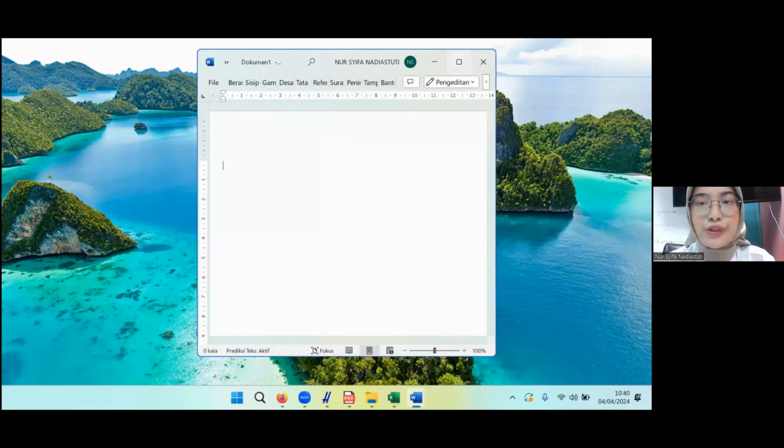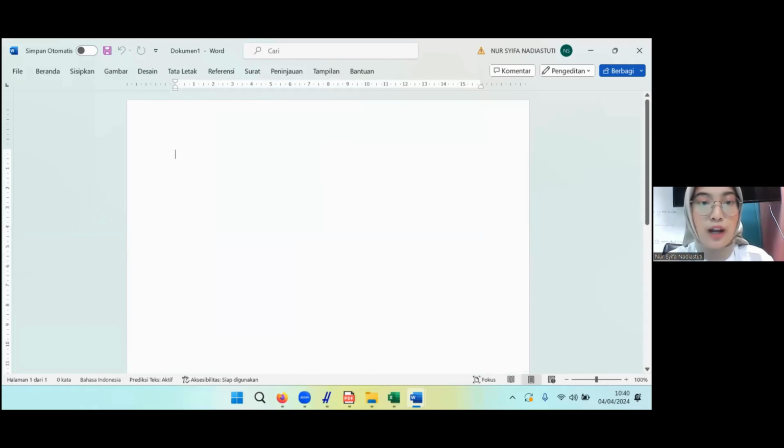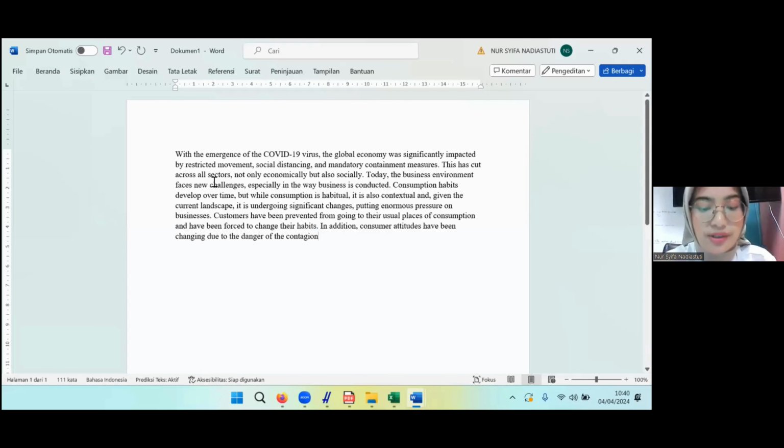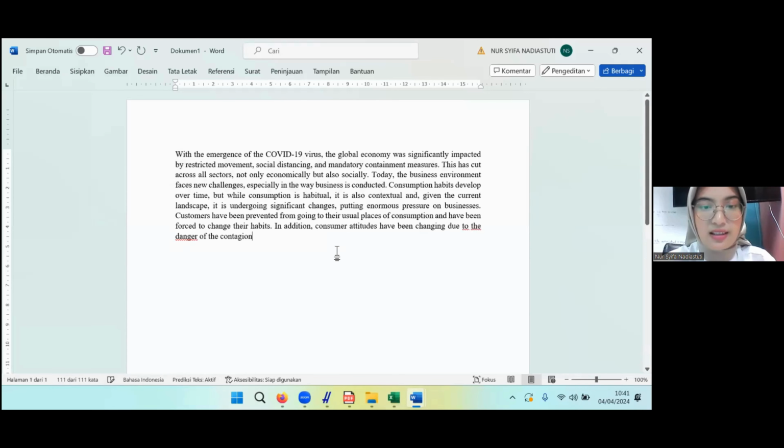But if you paraphrase automatically, you also have to check it, because there are some errors if you use it automatically. So you have to check the sentences. It just helps you to paraphrase, but you have to read it also. Okay, that's the step by step to use Quillbot to paraphrase automatically.